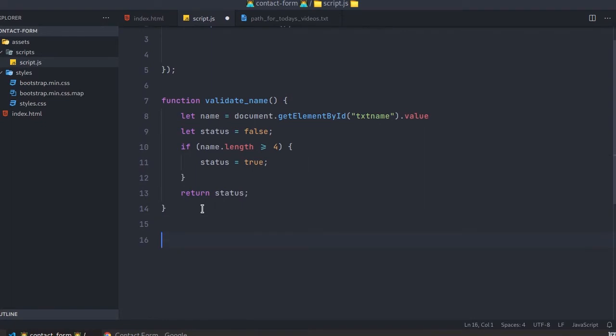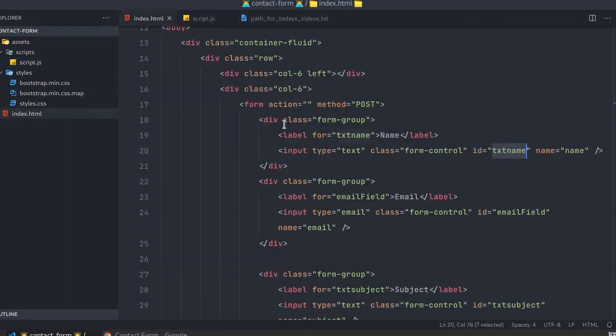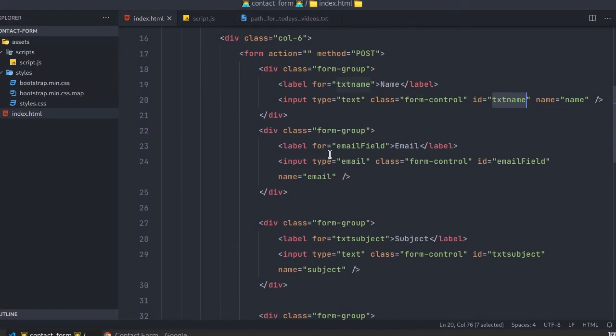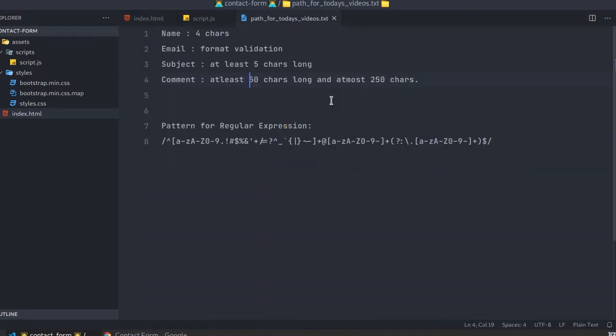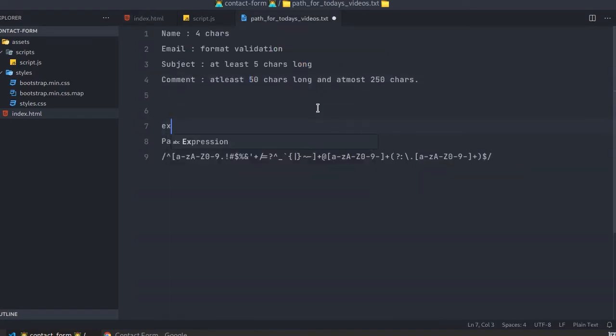Okay, for our next step, define another function, validate email. For email, you simply need to match a pattern. As you may be aware, emails have a specific format, something like example@example.com.